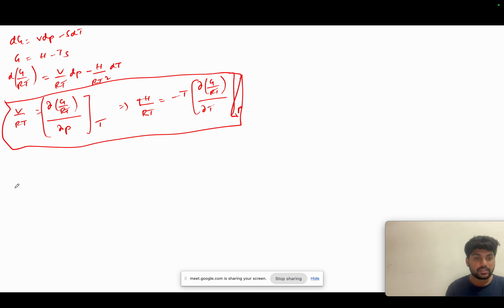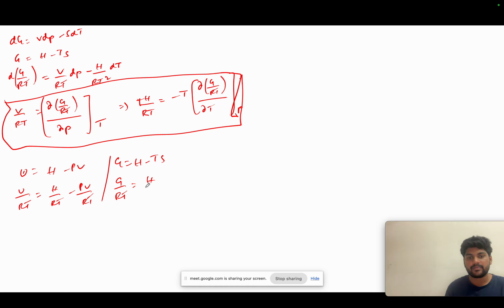So we all know that u equals h minus Pv, so then for the dimensionless number we'll write u by RT equals h by RT minus Pv by RT. Same thing for Gibbs: g equal to h minus Ts, then g by RT equal to h by RT minus Ts by RT. So you will get s by R equal to h by RT minus g by RT. So once you know that,